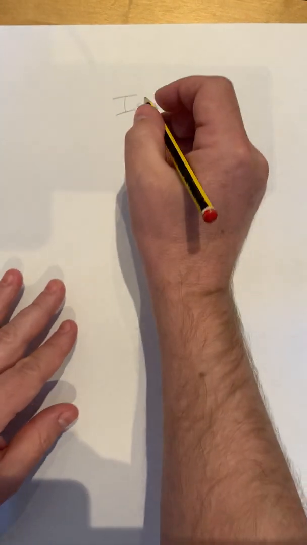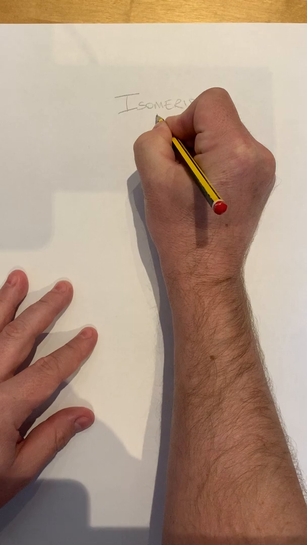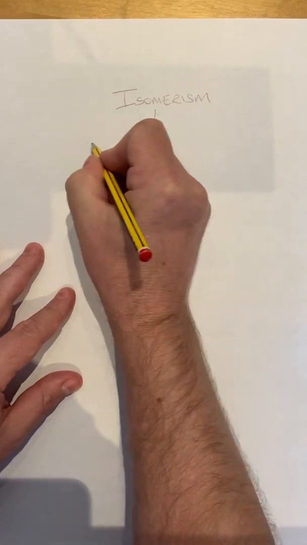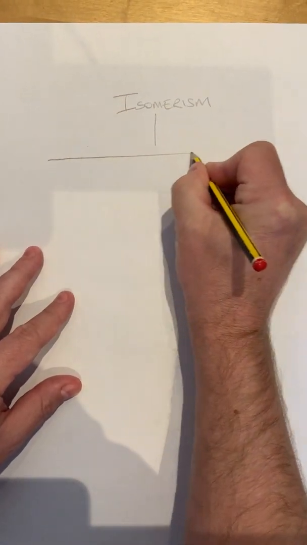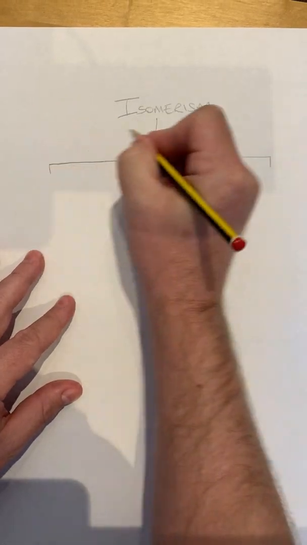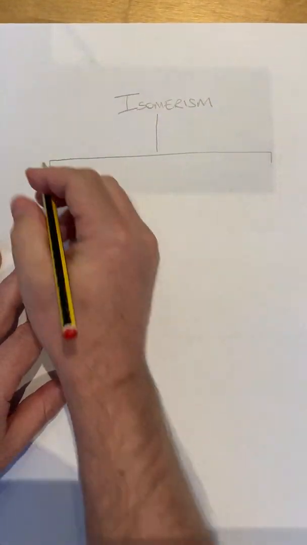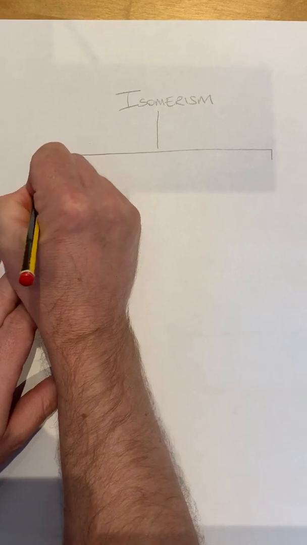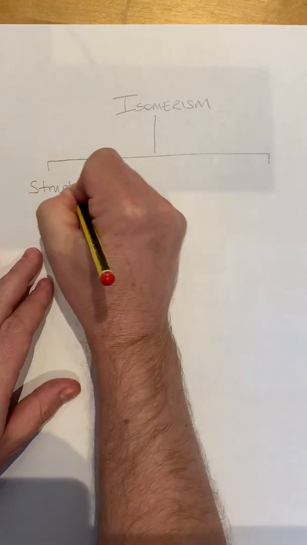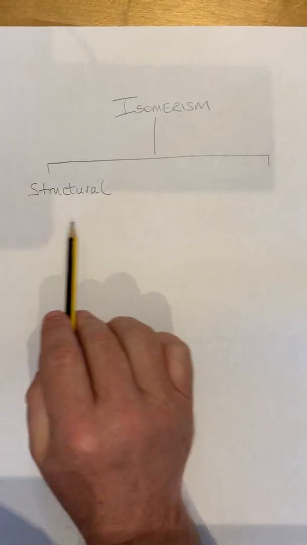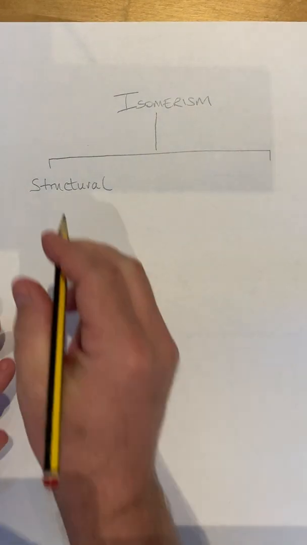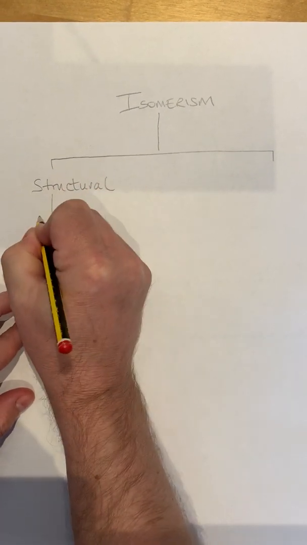So what we've covered previously in organic chemistry is we started drawing this family tree, and this family tree gets split off into structural isomerism, and we've got another one over here which I'll cover in a moment. But structural isomerism, so same molecular formula, different structural formula, that can be further split into three,